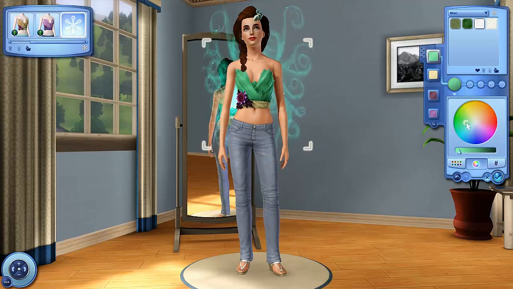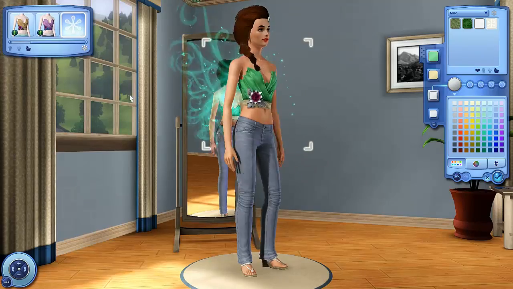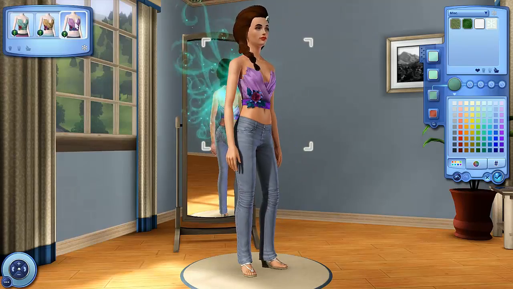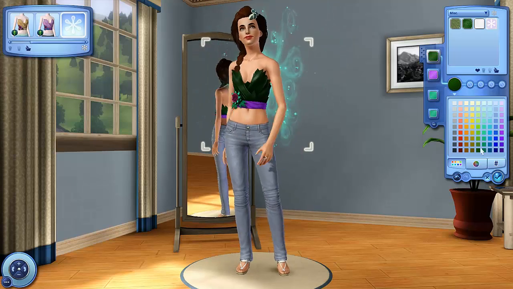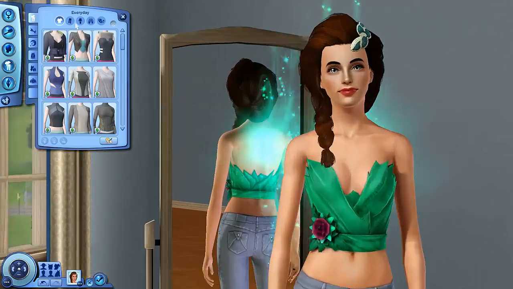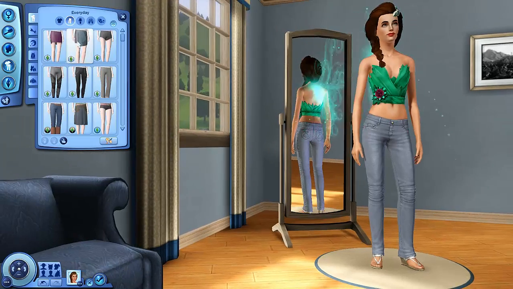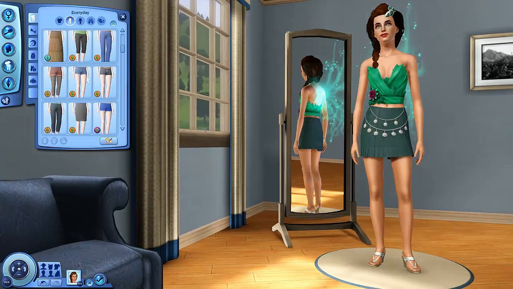I went for this top from Supernatural and recoloured it green. The only problem is the flower is purple in the middle, but there was no way to change that, unfortunately, so we did have to go with this. Now I know that this is a far more revealing outfit than what they wore in the original Sleeping Beauty, but like I said before, I just wanted to bring them not up to date, because they're not in fashionable clothing, but just a bit more, I don't know,